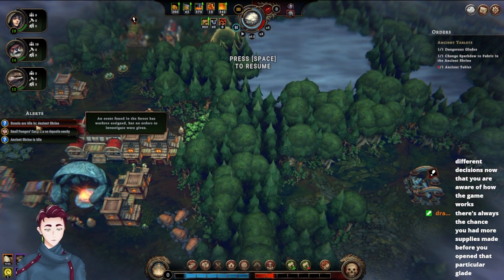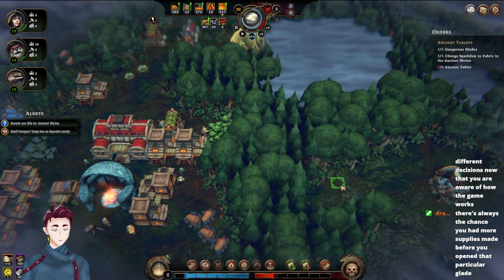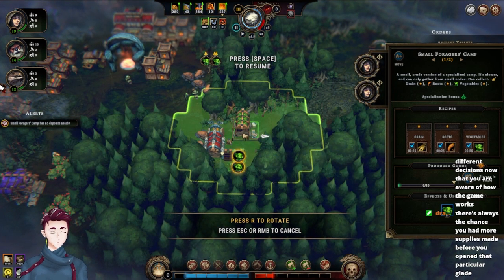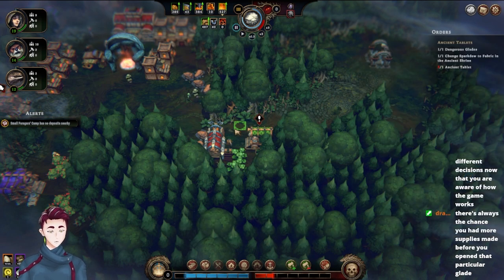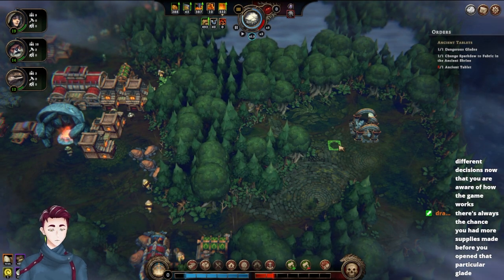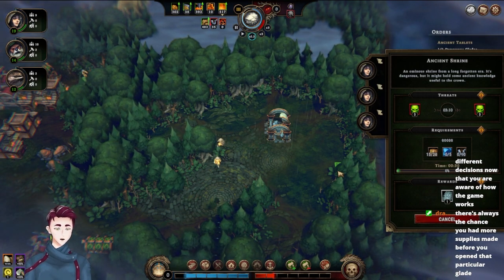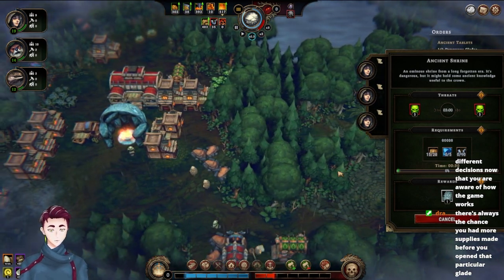Scouts are idle in ancient shrine. Found no orders to investigate were given. Small foragers camp has no deposits nearby. So it wouldn't let me give that order until I had all the required materials. So it wouldn't actually let me start hauling stuff over here until I had everything I needed. It's a little bit frustrating, but...